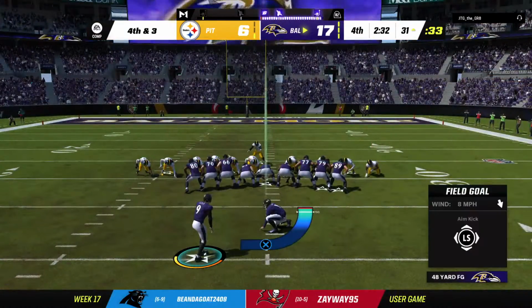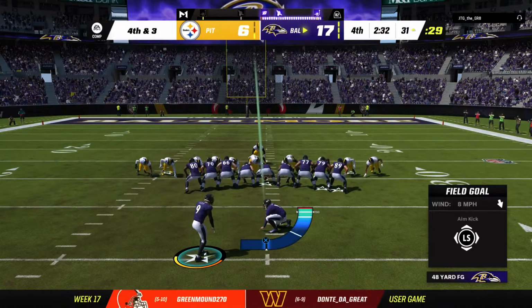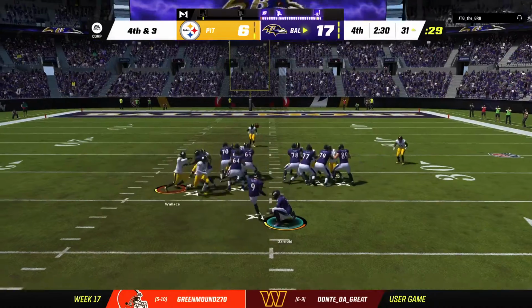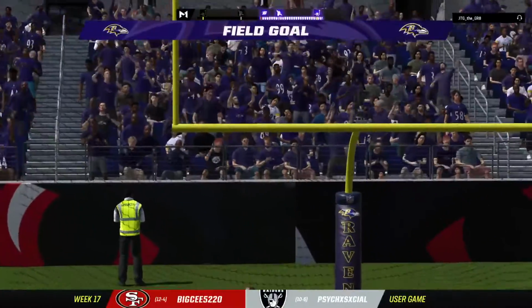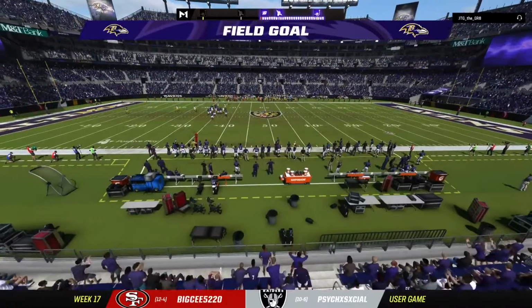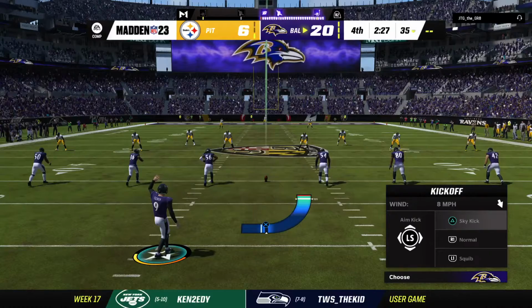So Jackson will head to the Ravens sideline, and on comes Justin Tucker for the field goal try. He hit his first. Now this one from 48 yards away. Tucker's kick is good. And that will extend their lead even further. So they settle for just the 3, but clearly right now anything helps trying to salt this one away in